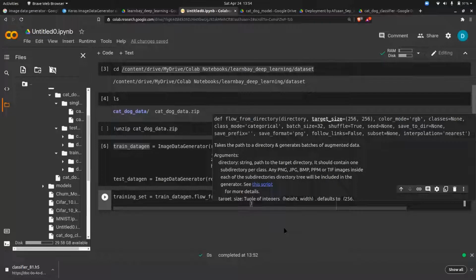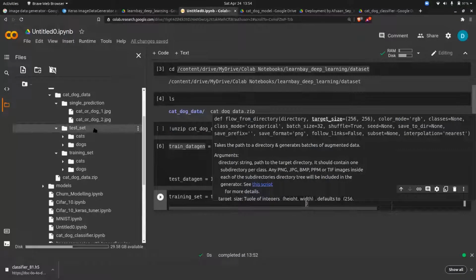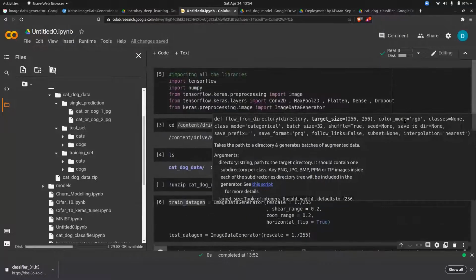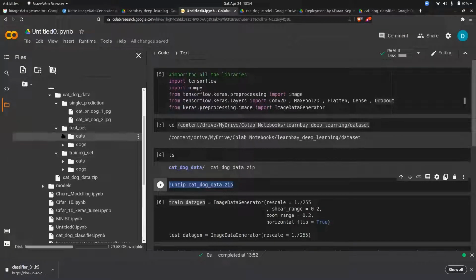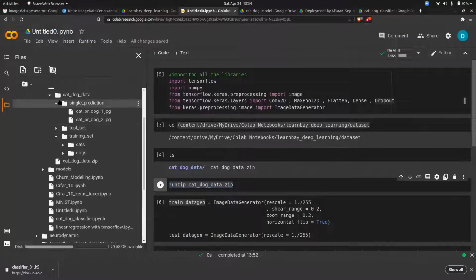Afshan, can you show me again the training set or test set you got from the folders? So you have unzipped the folder. Have you unzipped the folder? Get the test folder. So this is the command to unzip the folder. Have you done this? Yes. Okay. On this side, can you see the folder structure that is created?